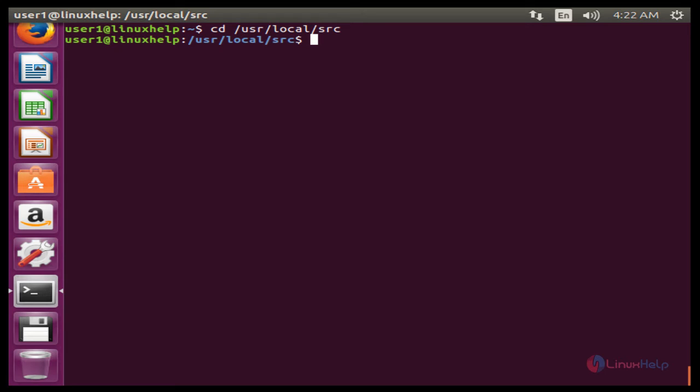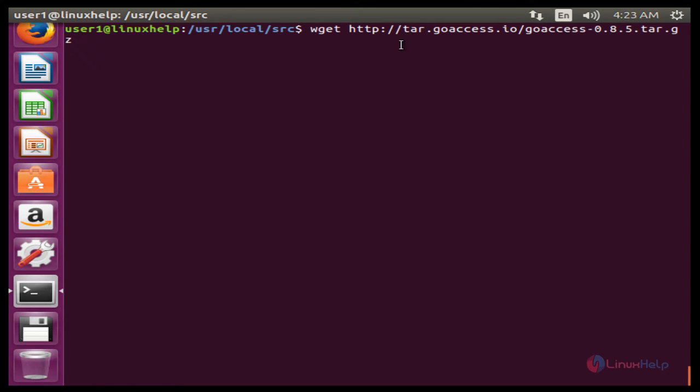The command is wget followed by the path. Here the path is http://tar.goaccess.io/goaccess-0.8.5.tar.gz. Now enter to download the package.